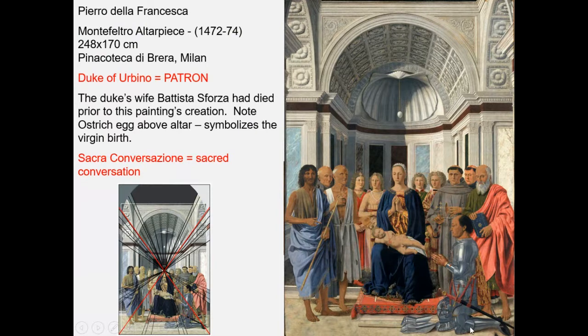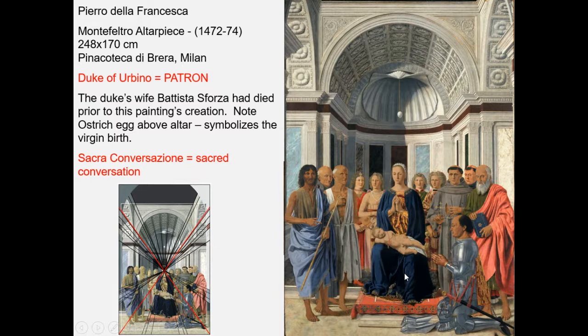And it's interesting, if you look at the majority of sacred conversation paintings, they're very, very symmetrical. So if we do a center line vertically, then there does seem to be something missing here to balance out the Duke. And in fact, his wife should be there on the opposite side. She had died right before the painting was completed, so he was left on his own as he's the living person, kind of praying to this and having this group of saints and the mother and child sort of as